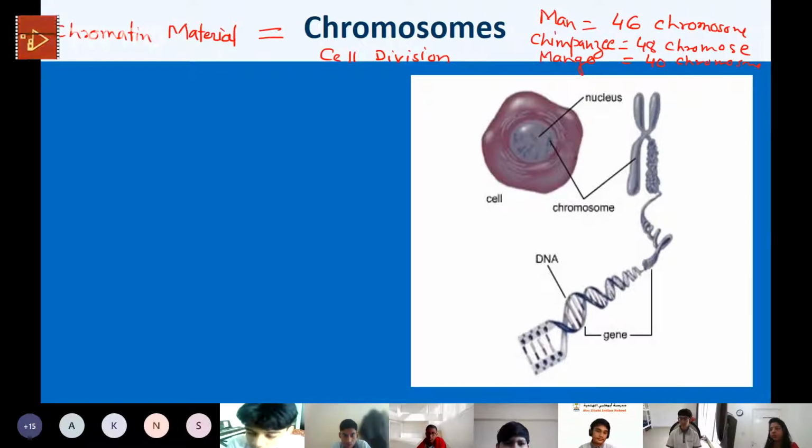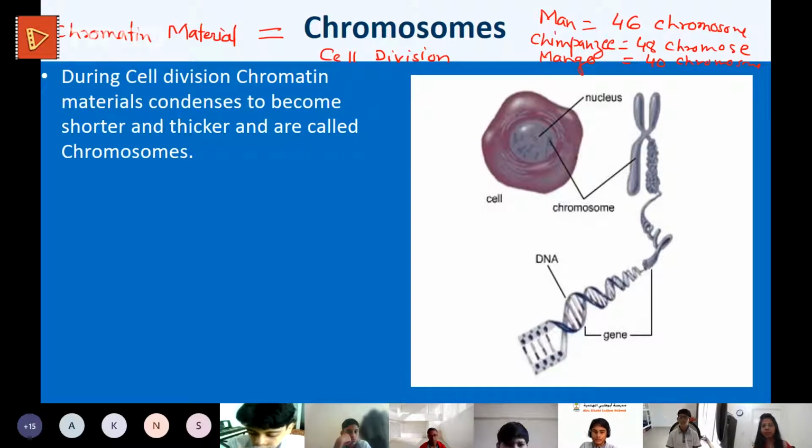All human beings have 46 chromosomes in the nucleus. Some students wonder where exactly the 46 chromosomes are. Take a cell from any part of your body, from your hand, your cheek, your nose, your toe, and you will get 46 chromosomes in each cell. So 46 chromosomes is the identity of the human being. The study of chromosomes is easiest during cell division, because that is when chromatin material condenses and becomes shorter and thicker.